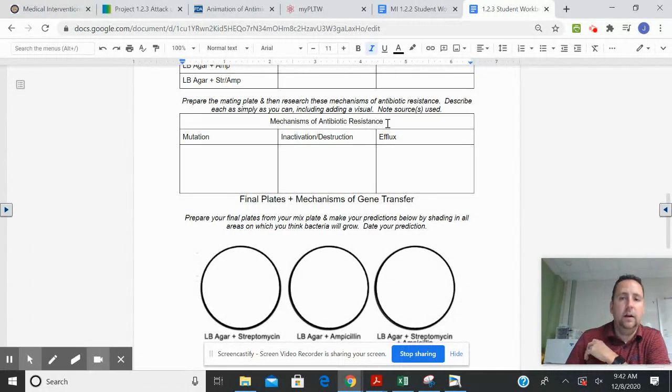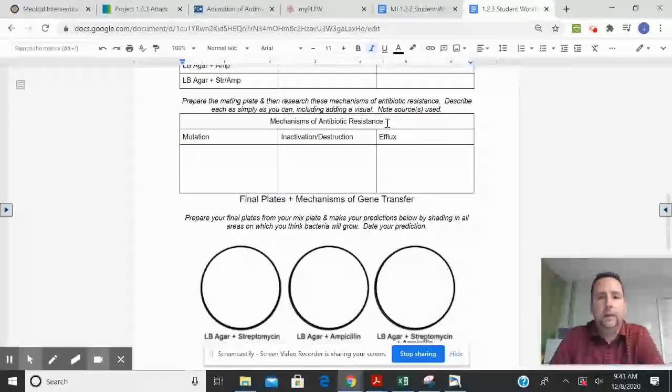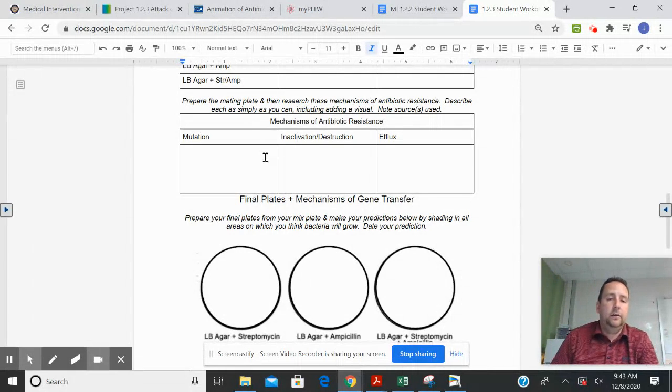And these, once again, are how that initial antibiotic resistance happens. All right. So how does that happen in the first place? Like, what are the different sort of counterattacks that bacteria can come up with to prevent the antibiotic from working? So have that filled out on the 1, 2, 3 paper when you come to class Friday, all right,